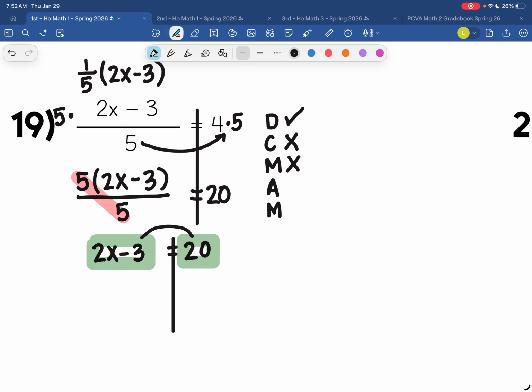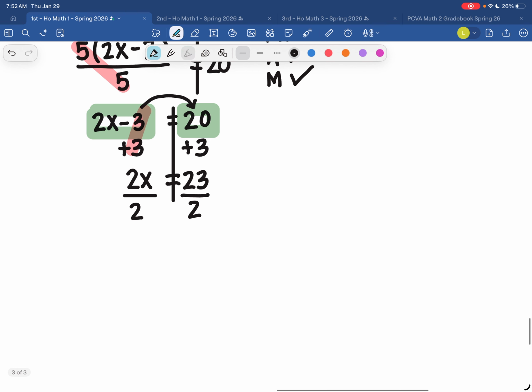So now we're just going to add or subtract. So we're going to add 3. And once we add that 3 over, that's going to give me 23. All right, and then we're going to divide with our fraction bar by 2. And just remember that this is not going to simplify out as an integer. So in order to have the exact answer, we're going to leave it as positive 23 over 2. And you can, in fact, check that and